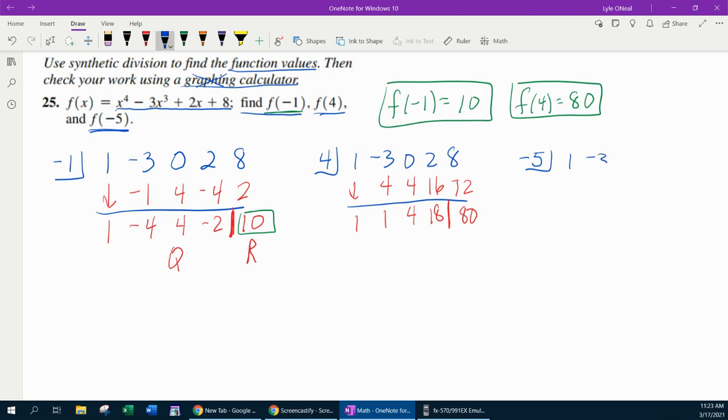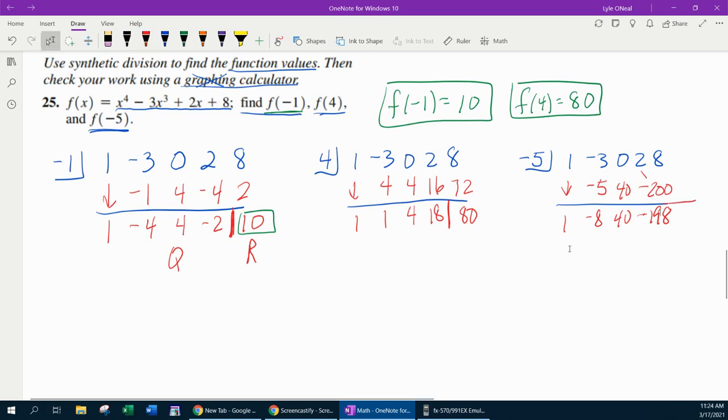And one more function value to find, -5, using synthetic division and the remainder theorem. We've got our coefficients that are not going to change as long as we're working the same function. And then the 1 comes down. -5 times 1 is -5. And -3 is -8. -5 times -8 is 40. 40 and 0 is 40. -5 times 40 is -200. And 2 is